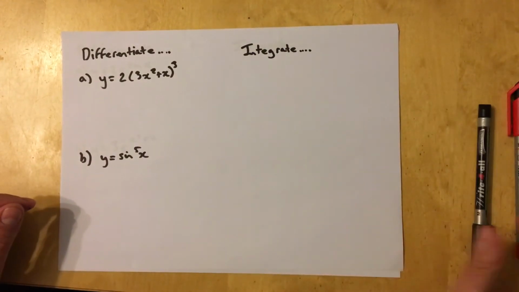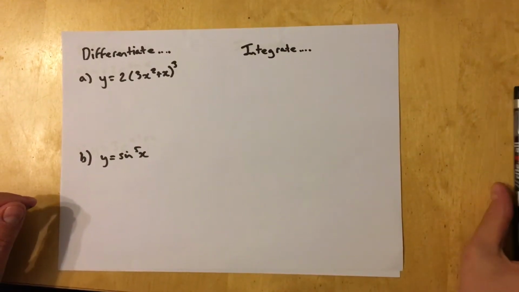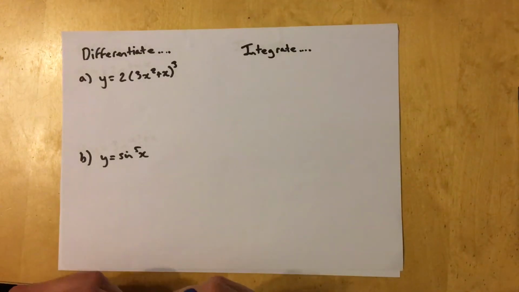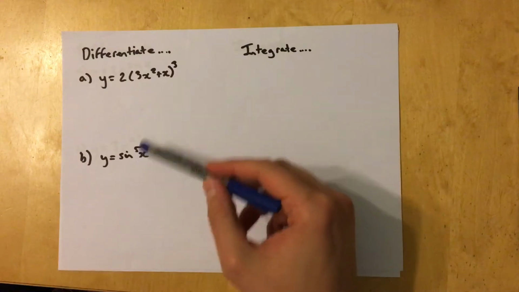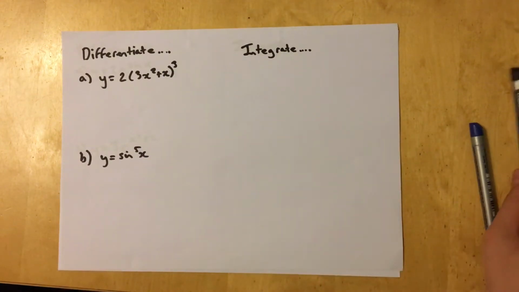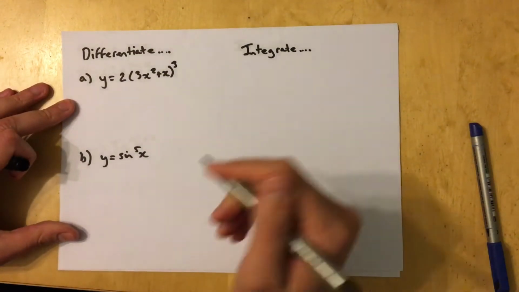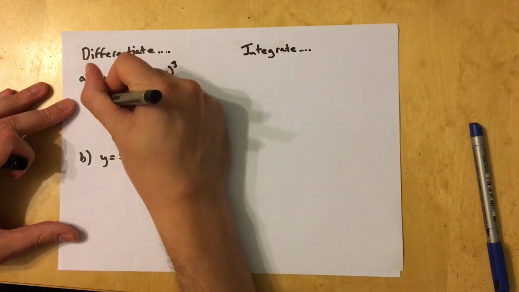So we've done loads of stuff on the chain rule during lockdown. We've done a bit of a recap on that since we came back. So what we're going to do is start off by differentiating both of these using the chain rule. Okay. So looking at this first one,